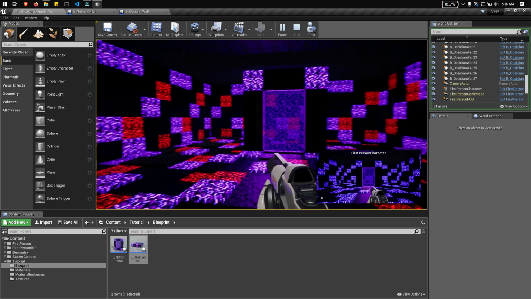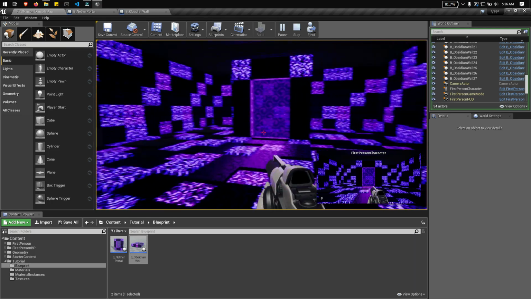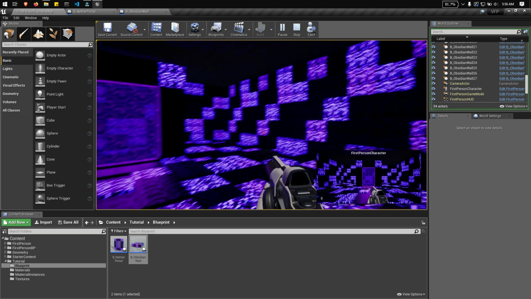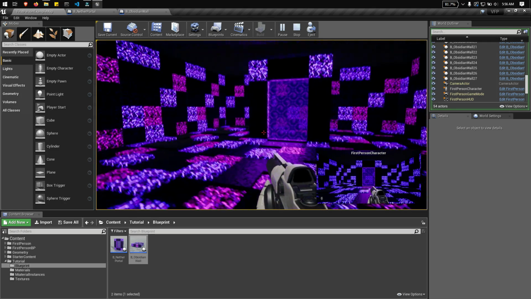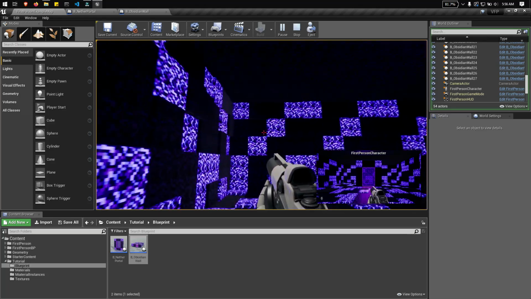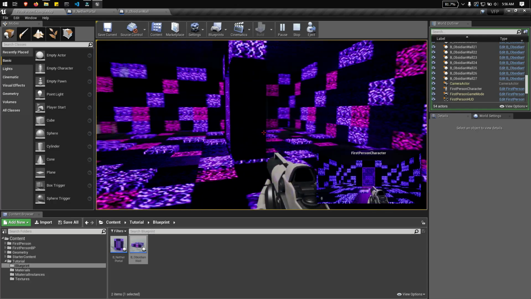Okay, so now I already have the final output of the two blueprints that we created. I just created an obsidian wall to make the wall look like it is built in obsidian, and we have the Nether portal in the middle.